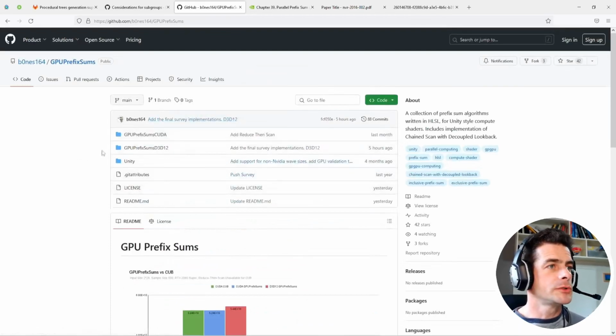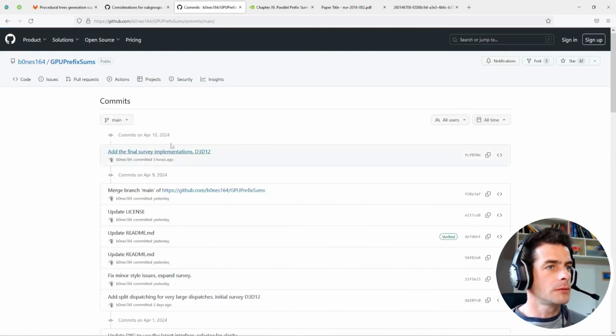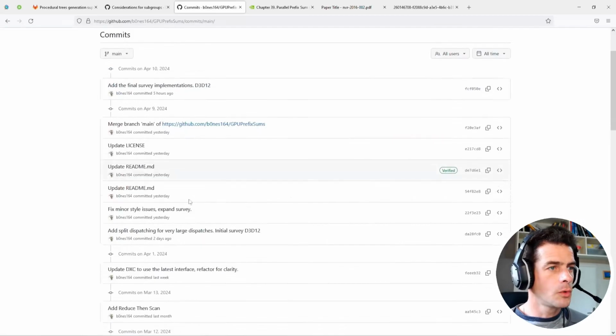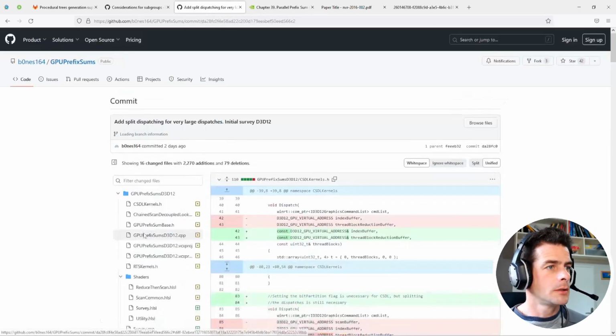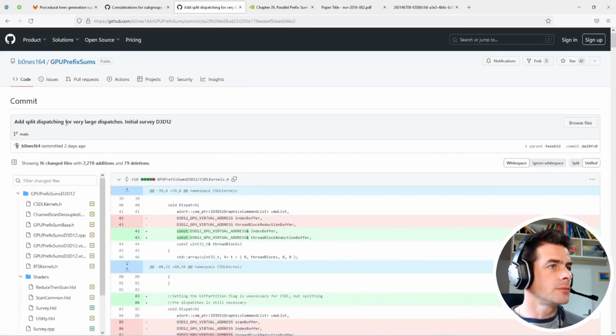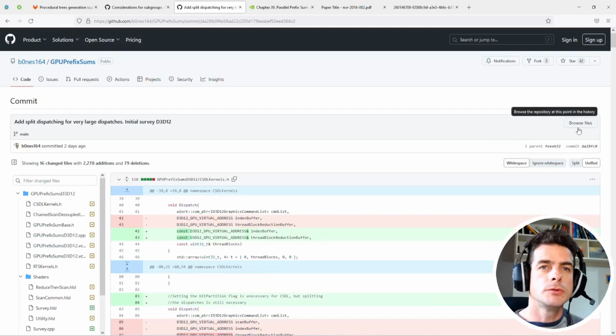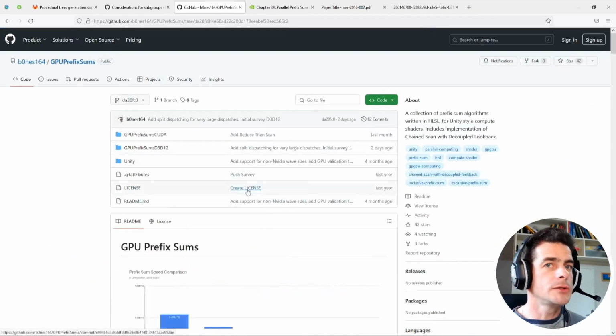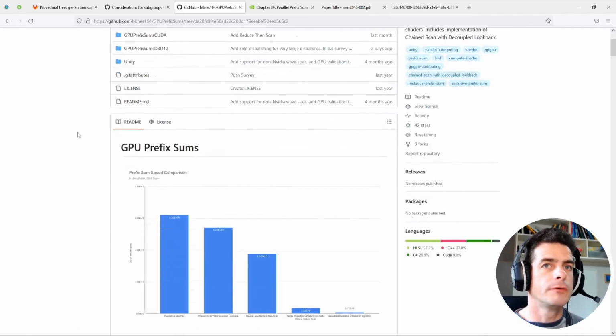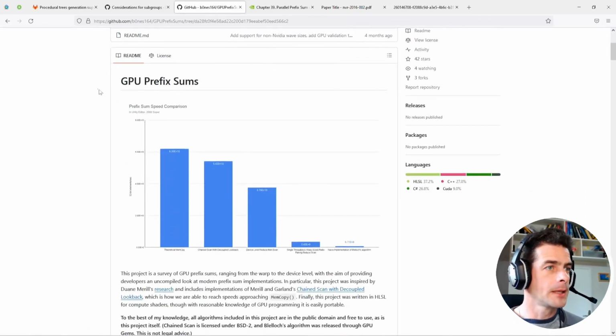So if you want to see what I actually use myself, you need to go to the commits here, and for instance, if you go with this one, before those latest updates, so "add split dispatching for very large dispatches", okay, then you just go into browse files and you get the previous version of the readme file,